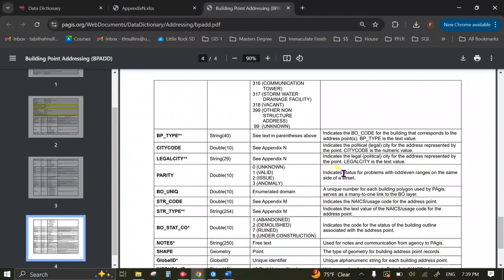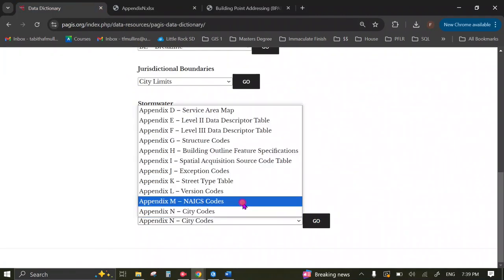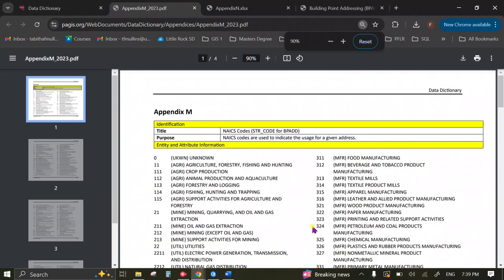Next, we need to figure out what field in this layer tells us the use type, tells us if this point belongs to a residence or if it belongs to a business. There's a lot of fields in here. Because I'm familiar with this layer, I already know that it is our structure code field. I can see it's a double data type, and that I can find more information about this field in Appendix M. So pull up Appendix M,